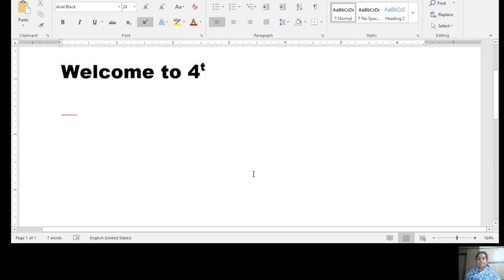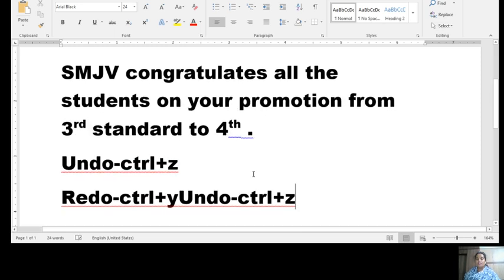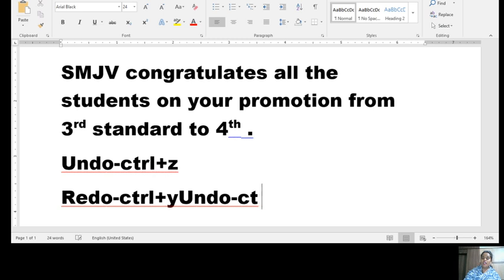So, whatever you have done, it will do. But Control Z, whatever was there, it will get it back to you. Okay? So, if you have made some error, it will start deleting it. But Control Z, whatever mistake you had done, it gets you back. So, the shortcut key for undo is Control plus Z. Hold down the Control and then press Z. Redo is Control plus Y. Okay? So, that's about Control Z and Control Y.